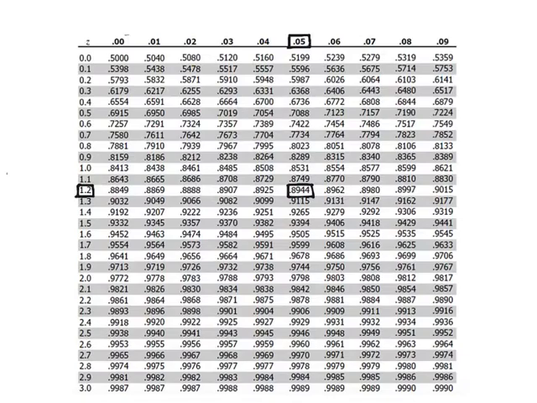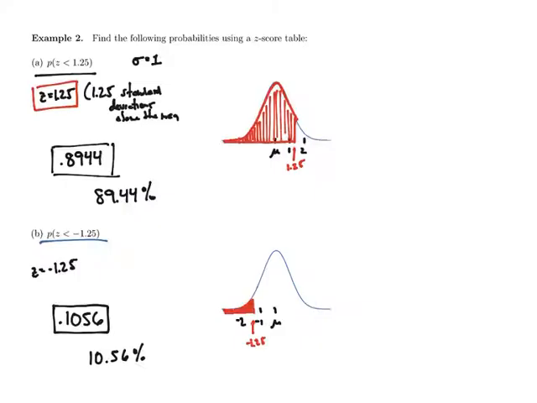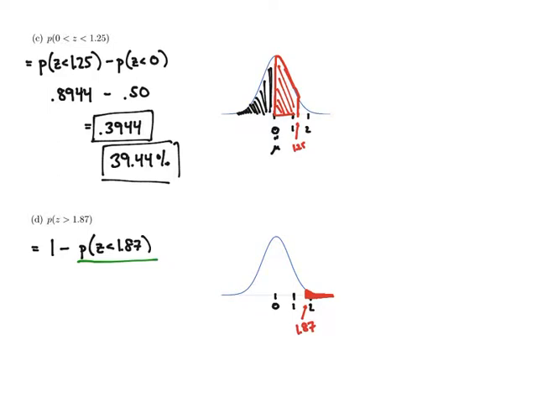Go back to our z-score table. We find 1.8 on the left-hand side. We find our 7 on the top, and we look at our corresponding value for 1.87. Is this 0.9693? So using that value, this is going to be 1 minus 0.9693, which is going to give us a value of 0.0307, which is